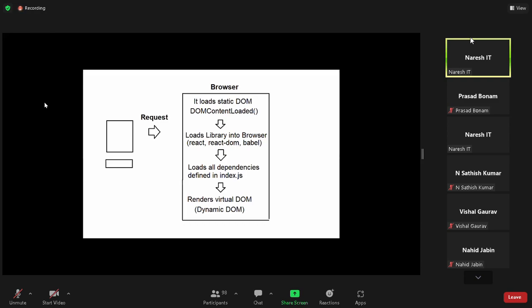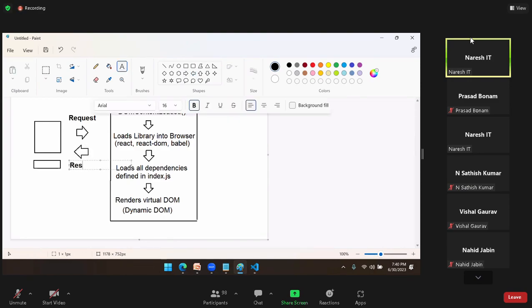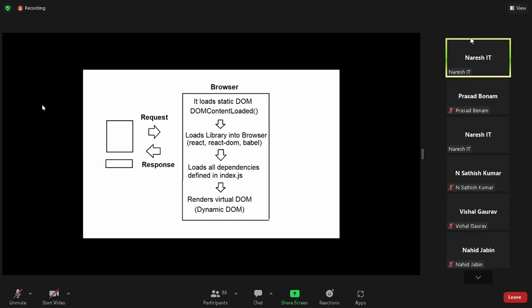Now this is the dynamic DOM, and you know the dynamic DOM is sent as a response. This dynamic DOM is sent as what? Response. That is actually the response. This is the basic flow: what happens in the browser when you request a React application. Once the React application is successfully created and you request it in the browser, this is the process